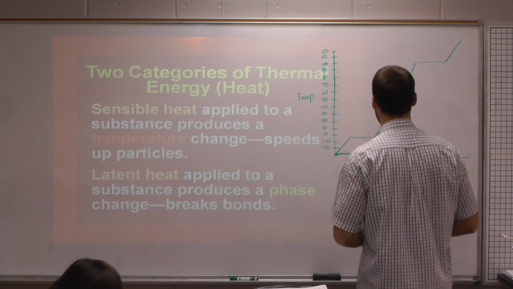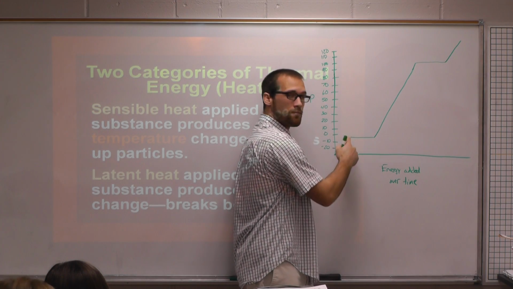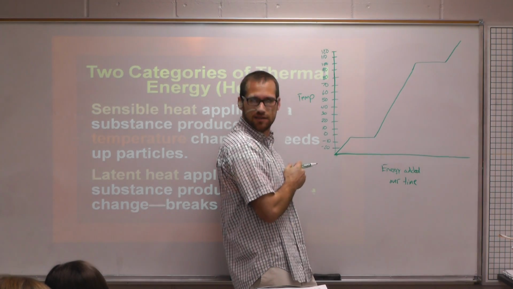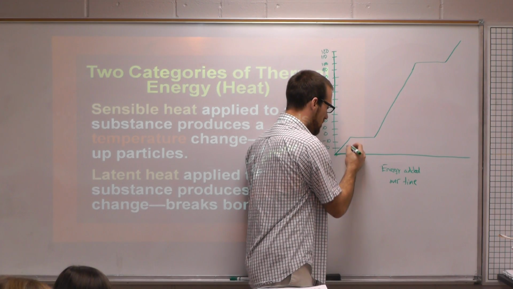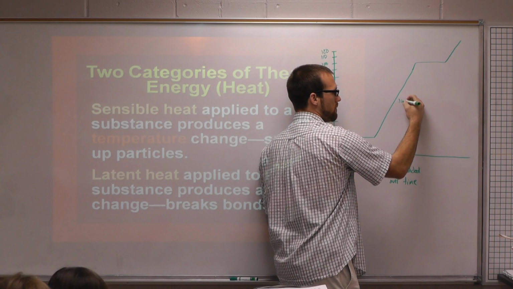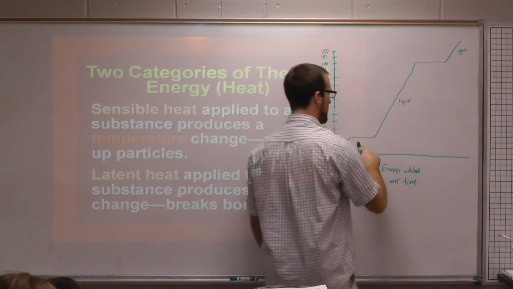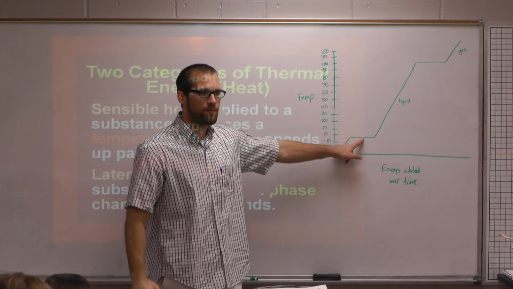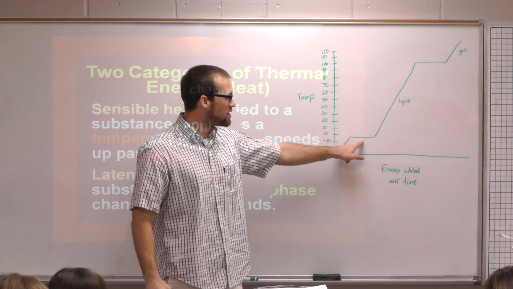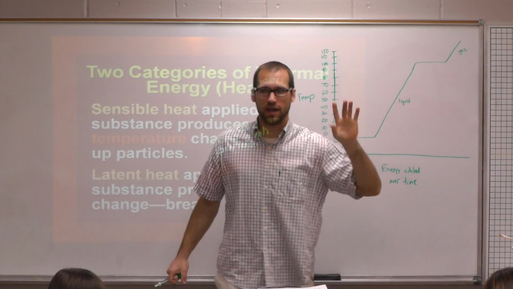Okay, first and foremost, what phase do I have in this part of the graph? That's frozen solid, right? We're talking about water. What happens below 0 degrees Celsius? Solid, okay? So we know we have the solid phase. What about here? That's liquid. And what about here? That's gas. So what do you think I have in both these spots? During the phase change, you have both. I will have solid and liquid at this point, and liquid and gas at that point, but we'll get more into that in a sec.